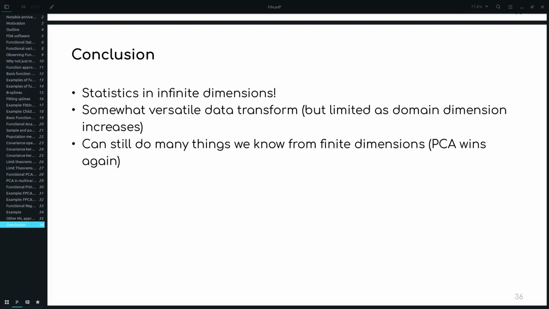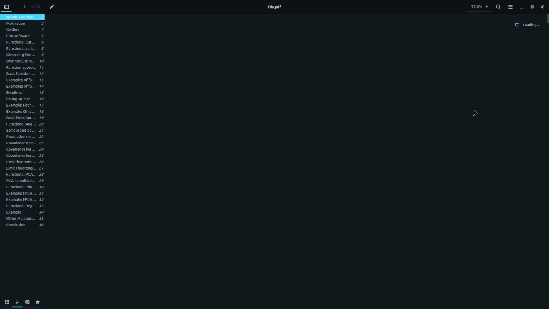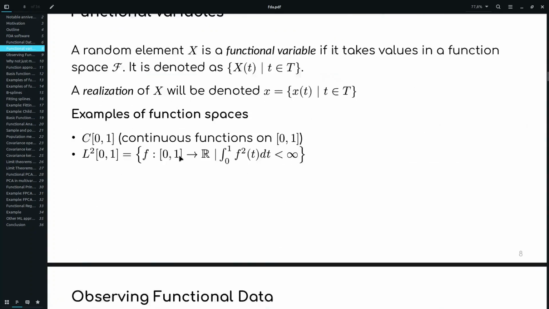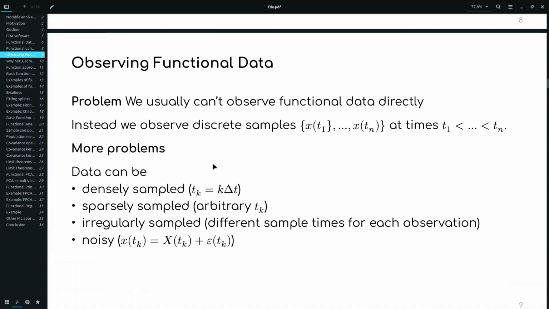So, to go back to the beginning, we remember we can have all these problems. Suppose that your data is sparsely sampled. Like I try to record my electrical counter every week, but I don't do it every single time.